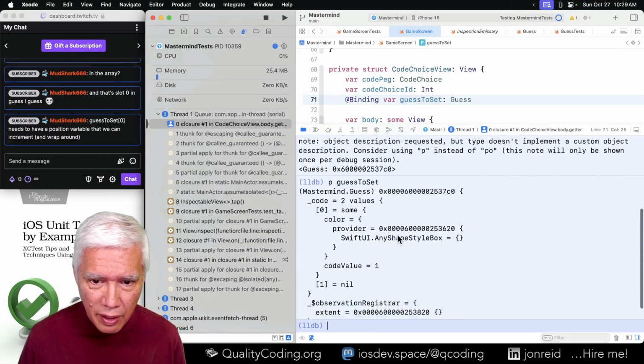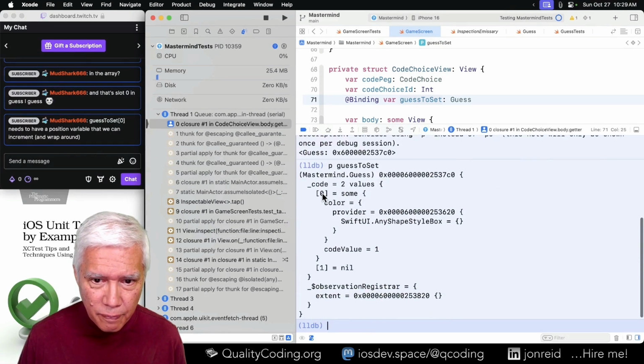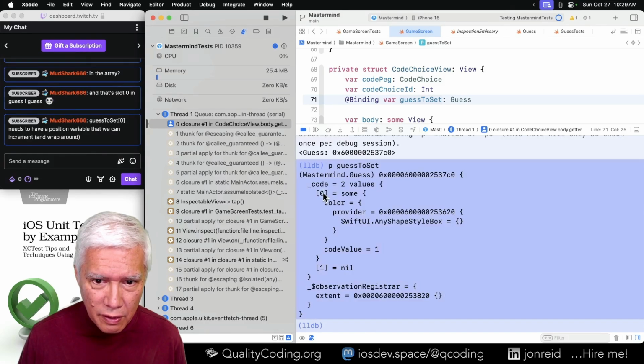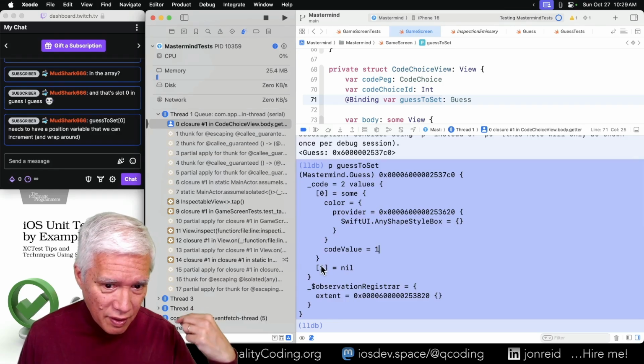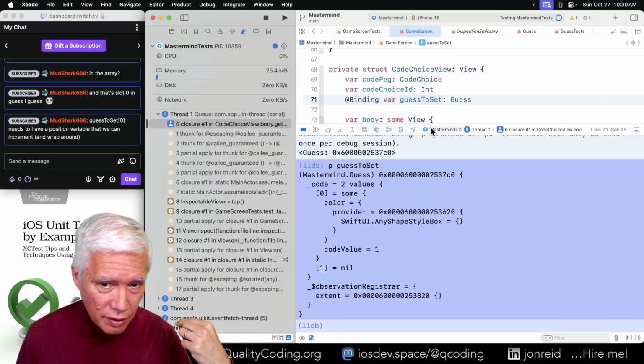So we currently have the 0th having code value 1. That's what I expect from the previous tap. And the 1th is nil. Good.